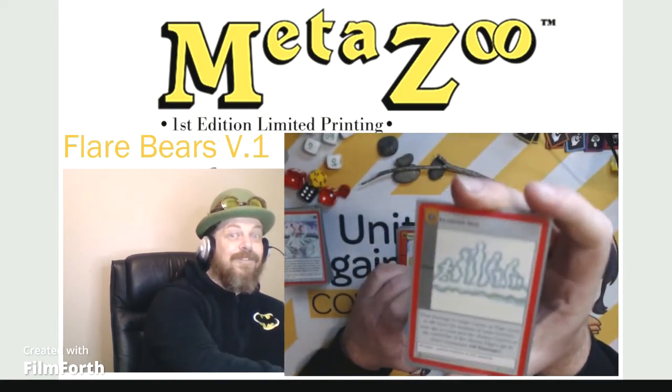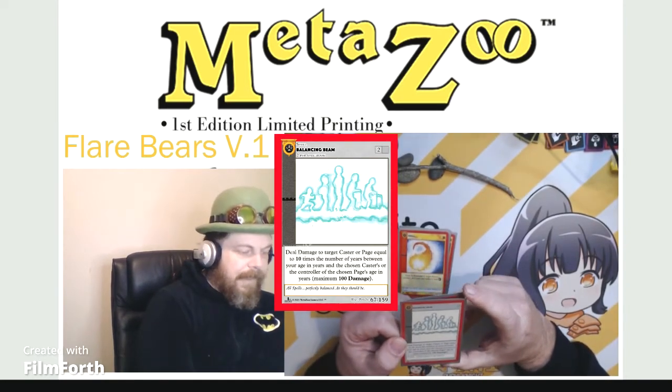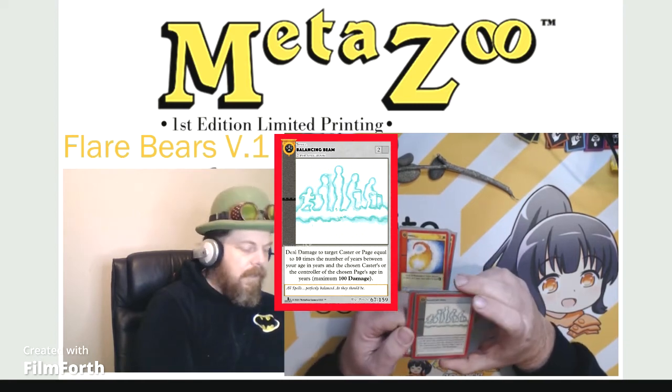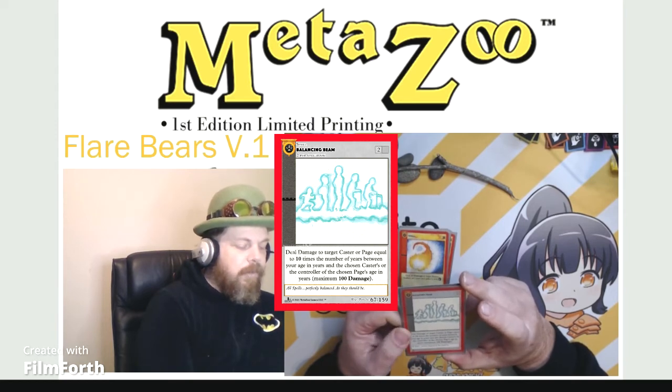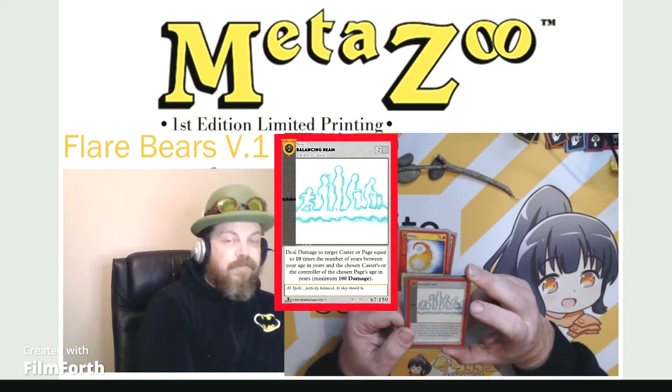Balancing Beam. This is great. It is a 2 neutral cost spell. You can have up to 2 in your spell book, which of course I run. And it says, deal damage to target caster or page equal to 10 times the number of years between your age in years and the chosen caster or the controller of the chosen page's age in years,